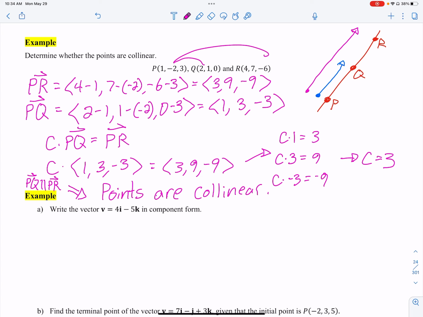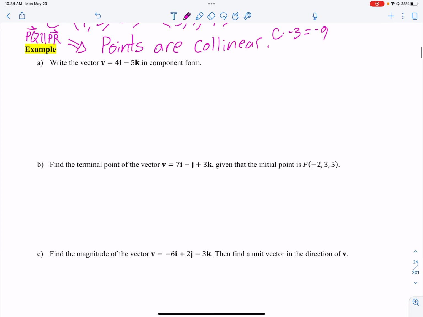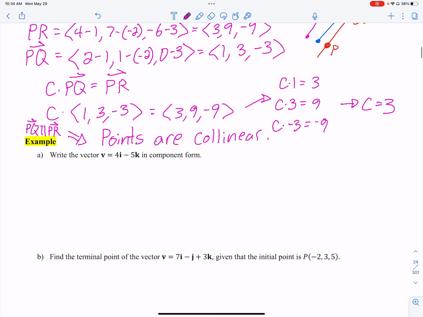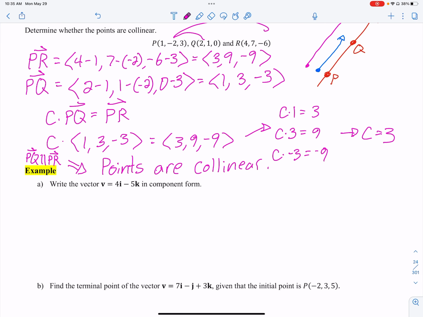Okay, we have, I think, one more problem here for this video. I'm just going to run through a few more ideas of vectors. Okay, so there is how to tell if 3 points are collinear using vectors. We could have also created lines and checked slopes. We have done these problems. I think you've done those problems in probably a pre-calc 1 class or